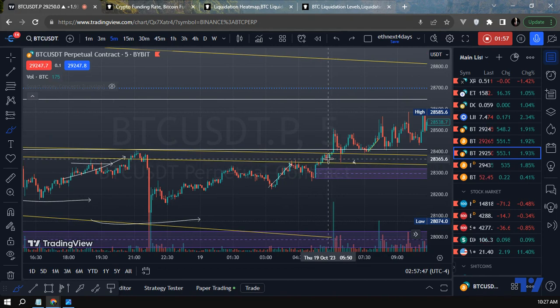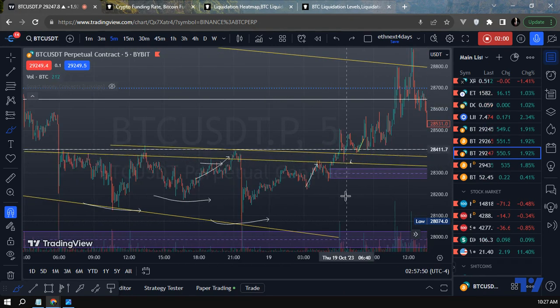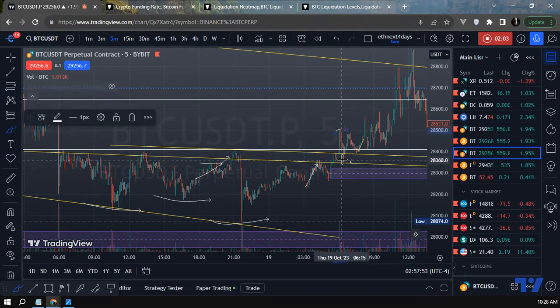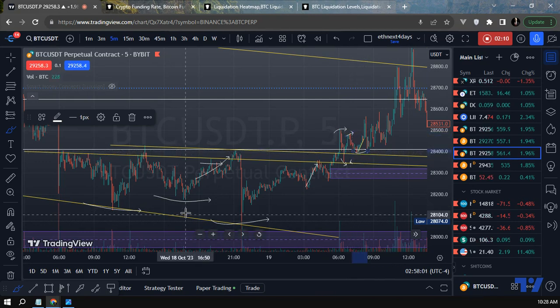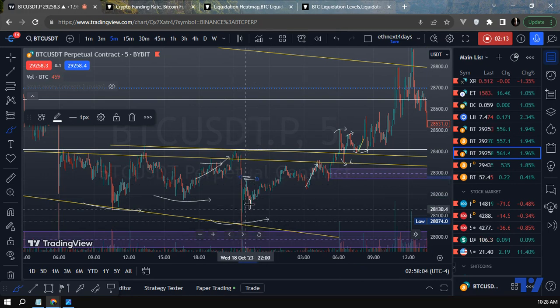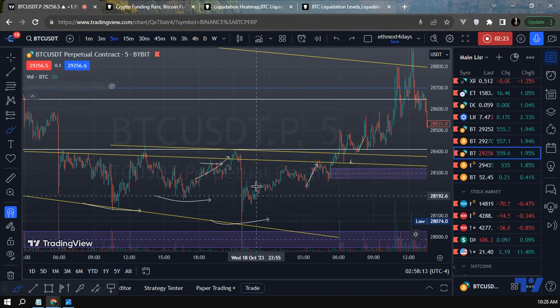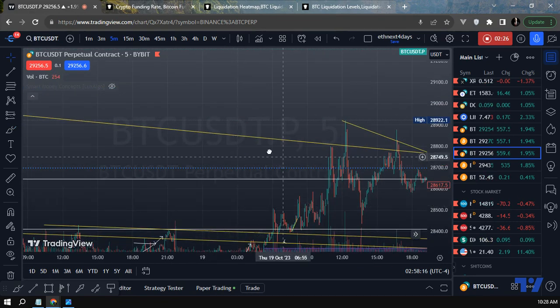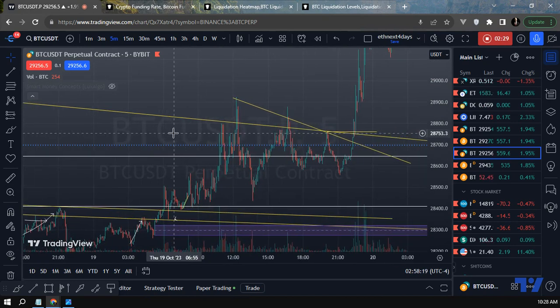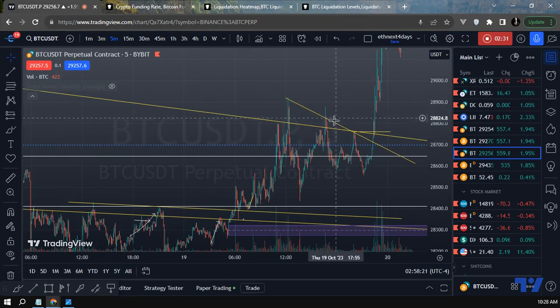If we say this is the origin of the pump, right here we cleared the liquidity. So we made a high, and then we made a low, and right after that we made a lower high, but we also made a higher low. Something like this. We made this, and then we made this too, right? And then we made this, and then it continues to go up. Literally just like this, and then finally it spiked up a little bit. So the similarity is there, and like I said, charts are fractal. That means whatever you see on a 5-minute time frame, you can see on a 1-hour time frame, and vice versa.